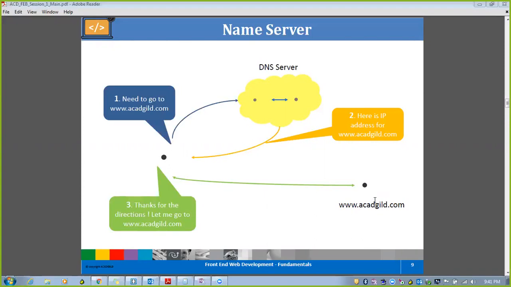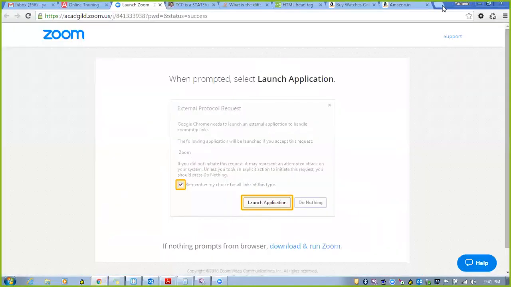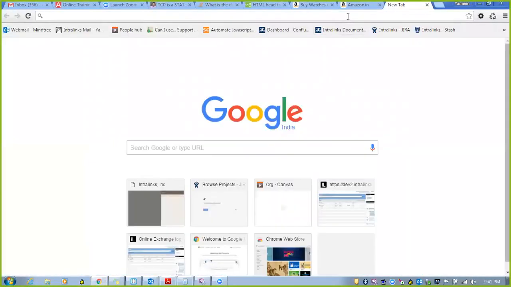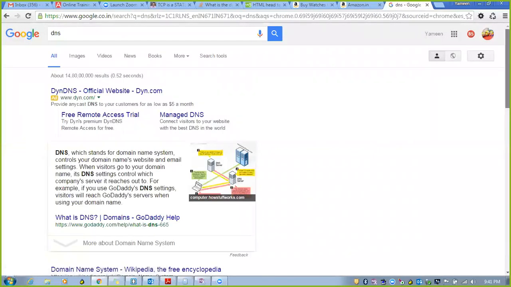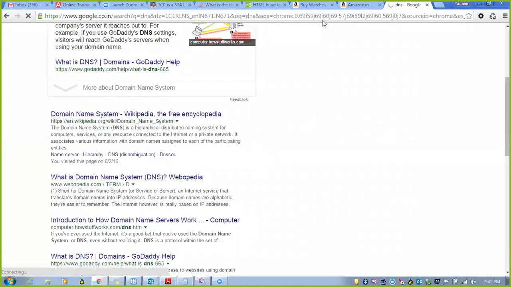So as Vijay said, to use the Google, and I will also recommend you to go through the DNS server on Wikipedia. And just give me a sec, I'll pass you that link. And whenever you get time, you can just go to that link and